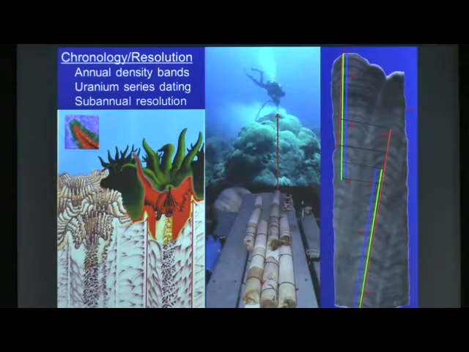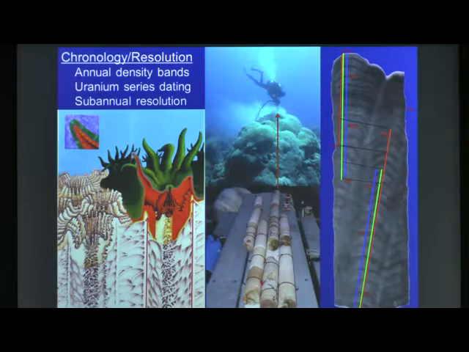So when we go out and sample a coral, so this is a large, massive coral from the Pacific, and you'll see the diver at the top with a drilling rig. We're going to sample the colony through the vertical axis. So we assume this vertical axis is the maximum growth axis. So we want to get the longest time record possible. So from the center of this massive coral colony, we're going to extract these cylindrical cores.